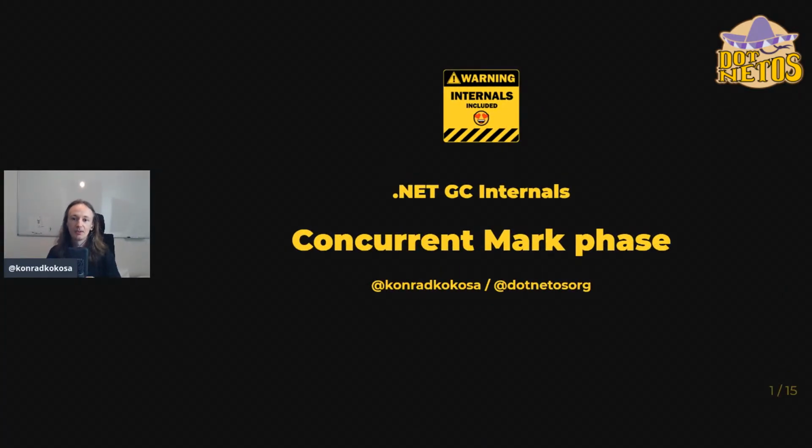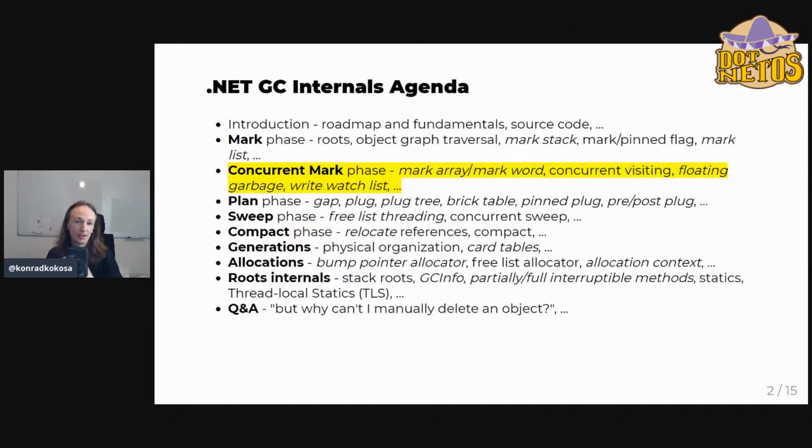So today we have the Concurrent Mark phase episode, the third one in a row. Maybe you are watching this for the very first time: the whole thing is about 9 or 10 or something around that number of episodes about the .NET GC internals. So we will cover various phases of it. We have covered so far the Mark phase, which was a pretty important one. We have also the introduction, the very first episode, and now today we are covering the Concurrent Mark phase,